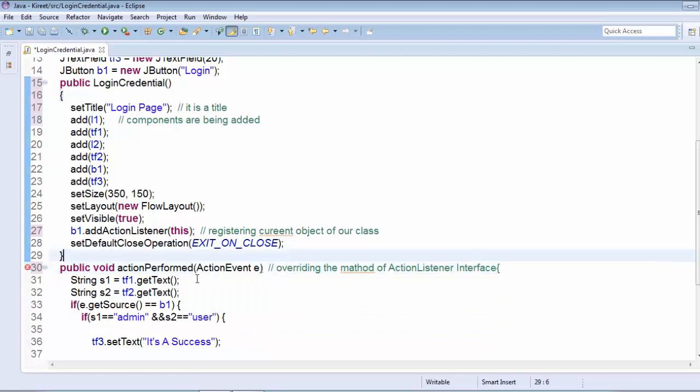Now our main task is to set and get something. First of all, as we have to input, when we input something, it will be in the form of a string.